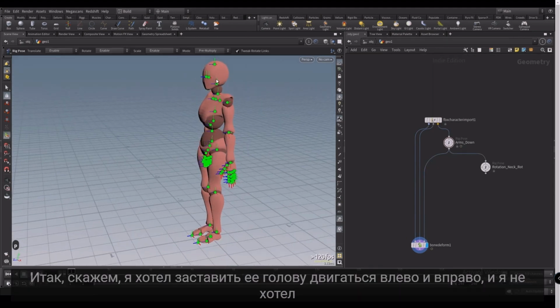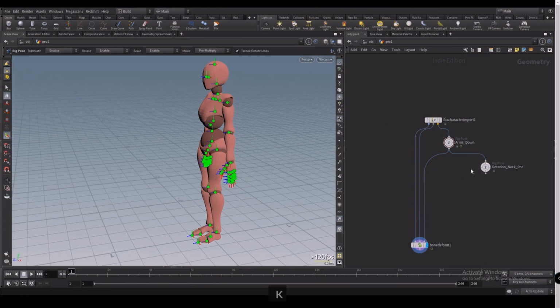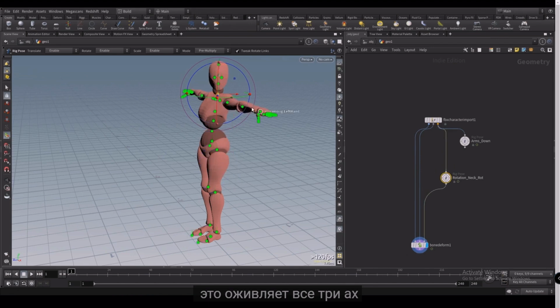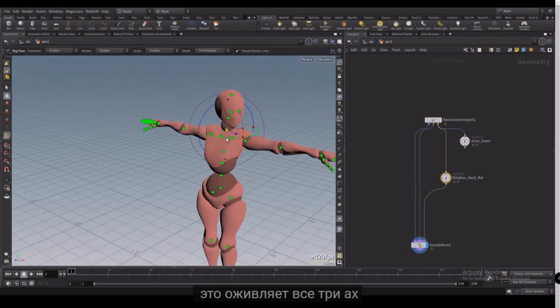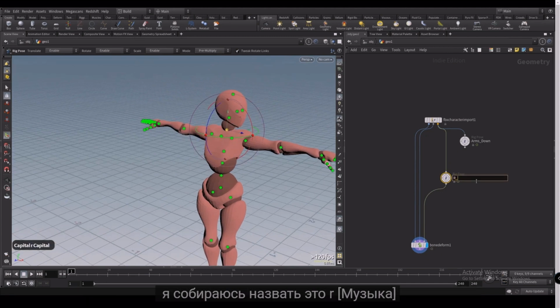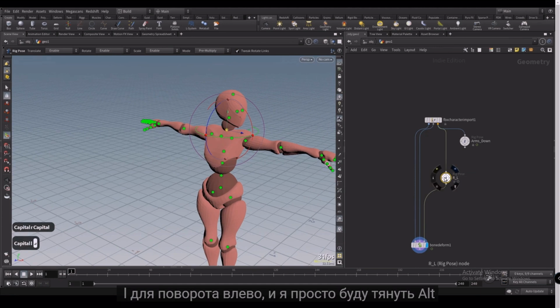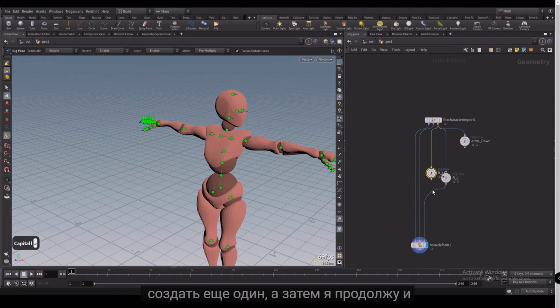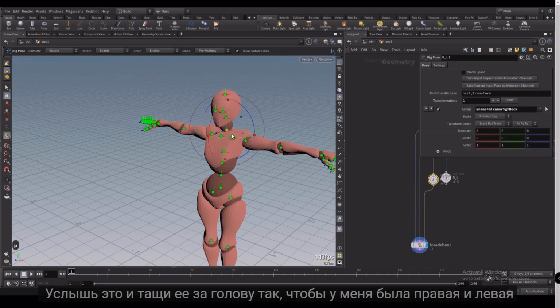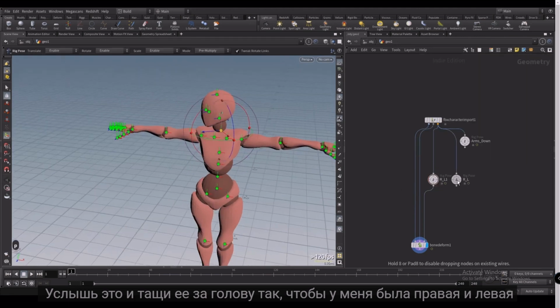So let's say I wanted to make her head go left and right, and I essentially didn't want to animate using the rig pose and have to animate all three rotations every time I wanted to rotate her neck. So I'm going to call this RL for rotate left. Then I'm just going to Alt drag to create another one, and then I'm going to create this and drag her head that way. So I have a left and a right,